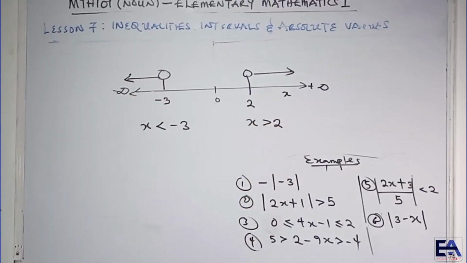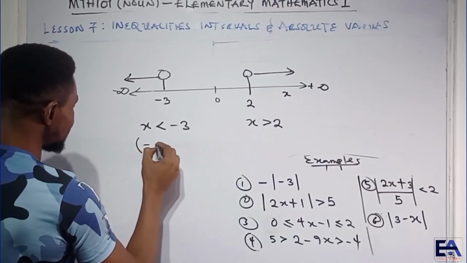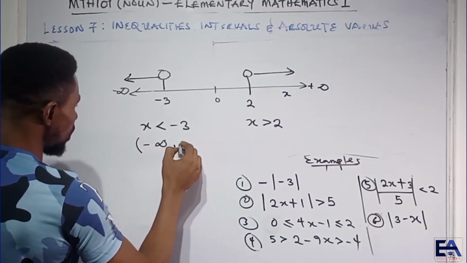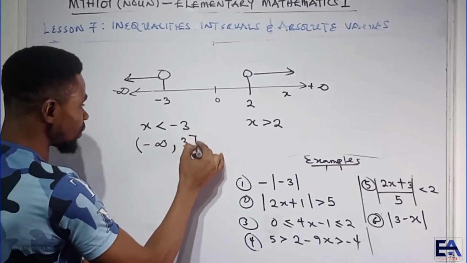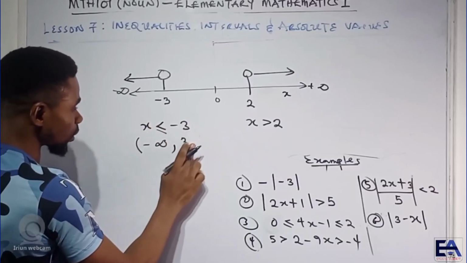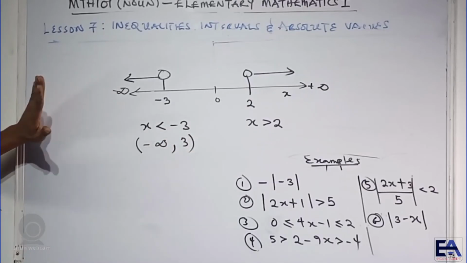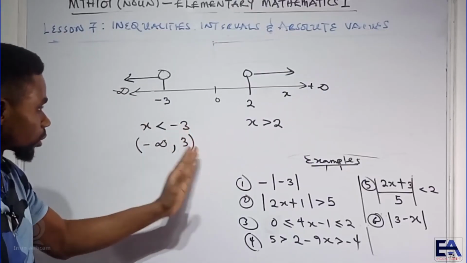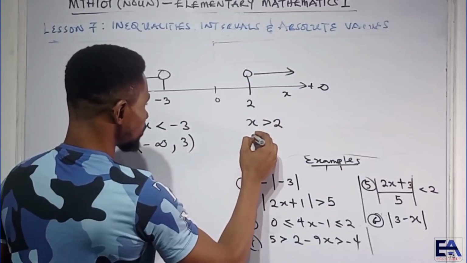Okay? Now, if x is less than minus 3, and x is greater than 2, it means the range of x is going to be all values from negative infinity up to minus 3, open interval. The reason why we are not using a closed interval here is because it's not carrying equality. Assuming it is equal to minus 3, then we would have a closed interval. So this one represents the range of all values from negative infinity up to minus 3, but minus 3 excluded. Then this one represents all values